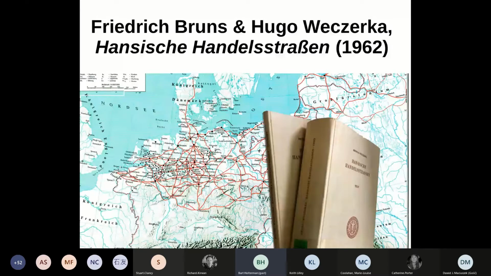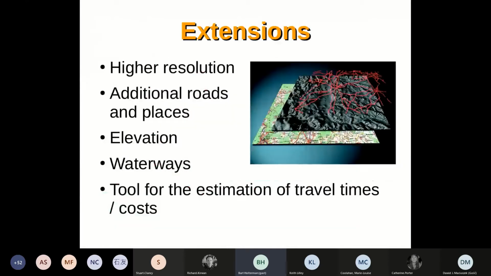So the initial idea was that we wanted to digitize this atlas because in a lot of aspects, a digital map is much more practical than a paper version. And of course, digital technology also allows us to move beyond a mere representation of lines on a map and perform calculations with that. So we wanted to move beyond merely digitizing the roads from Bruns and Wojcierka, first of all by having a higher resolution,